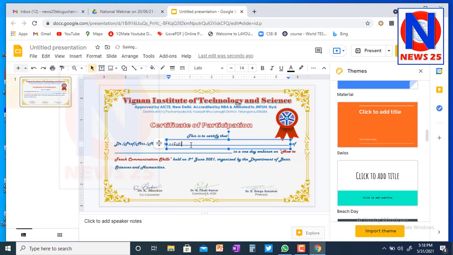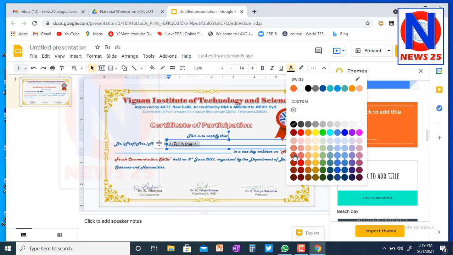So I will write full name, then greater than tags. Okay, and select them, Control A, you can select all, and I want its color to be red.